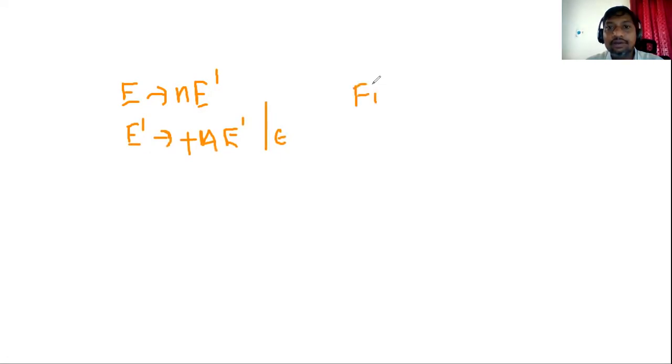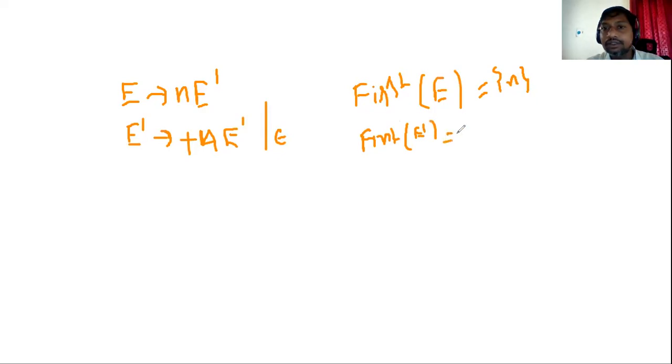First of E. We have a single element in first of E, that is only n, small n. And first of E' is the plus and epsilon, right? Then when it comes to follow of E